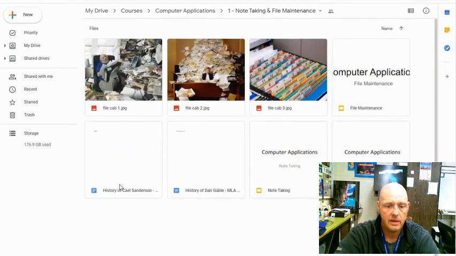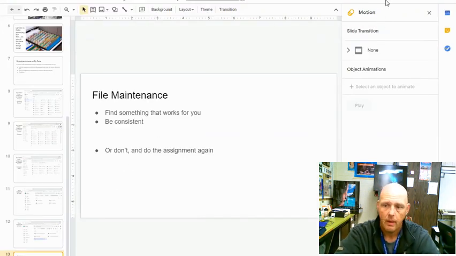And again, here is history of Cale Sanderson, and it's blue, kind of matching up. Word and Docs look similar, but not the same. Blue with a W is a Microsoft Word doc. Blue with the little lines through it, that is your Google Doc. So,